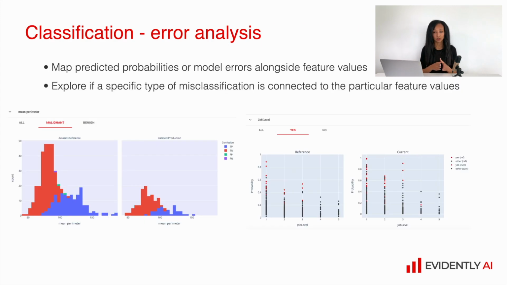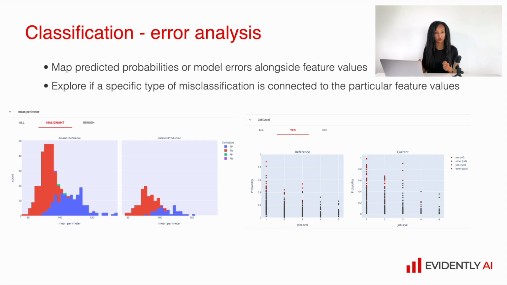Together with such visualizations, you can always analyze errors. For classification, that's quite tricky, but you still can do that because we can divide our errors by type, like false negative and false positive, and then you can even explore the dependency between feature values and the types of errors. For example, you can build distributions for any numerical features or even categorical ones for different types of errors. For example, see how a feature like mean perimeter, like here, is distributed for true negative values